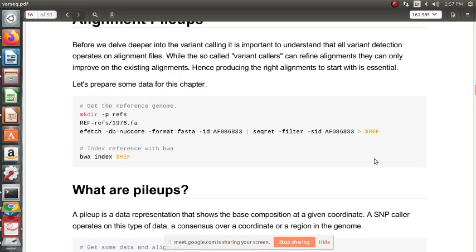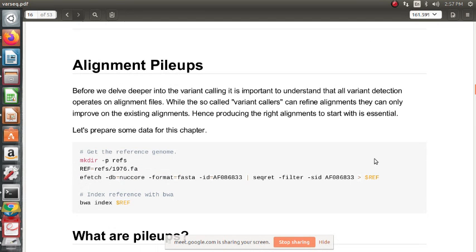Okay, so basically in alignment pileups, what we do is, so far we have seen in the SAM file the sequence information aligning to the reference, so that is called a sequence-centric representation. In alignment pileups, we transform the sequence-centric representation into a base-centric representation. So the sequence-centric representation is over a region, and pileups is with respect to every single base genomic position.